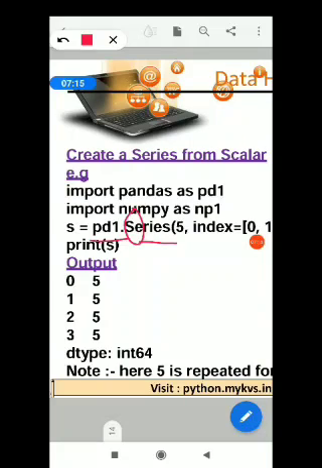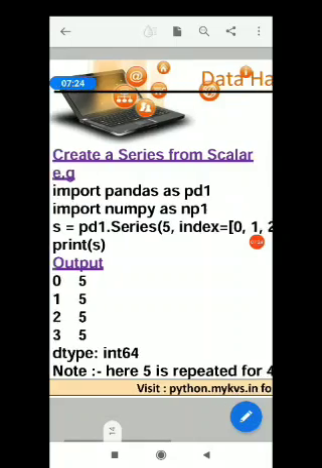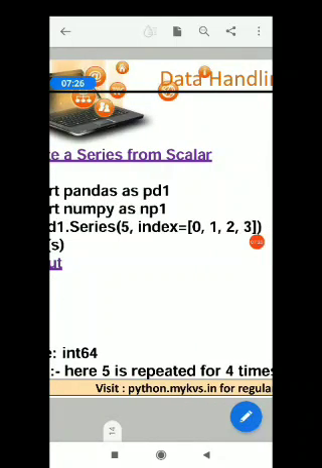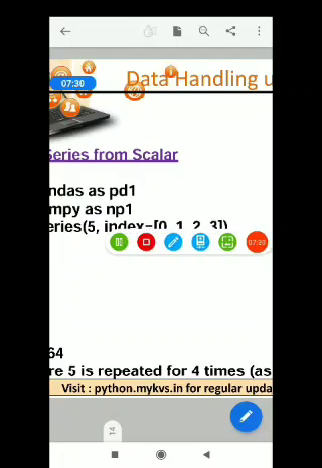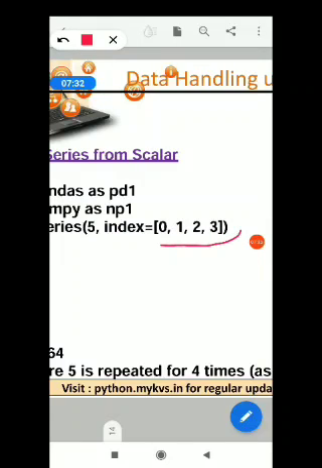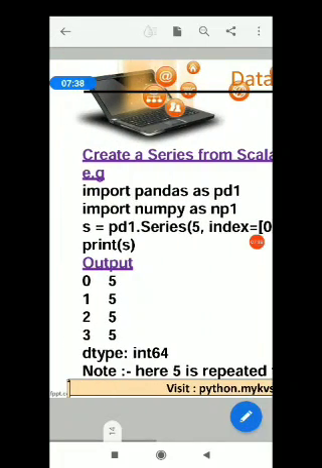Then give the scalar data 5. In the whole series, only the data 5 will be represented. And where will the 5 be located? 5 will be represented at the index locations 0, 1, 2 and 3. So provide the index also, and here is the output.